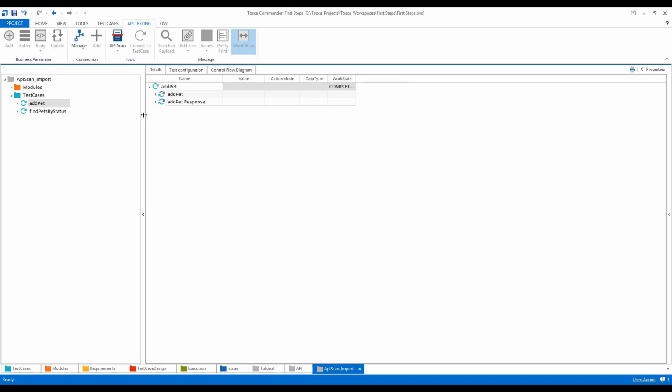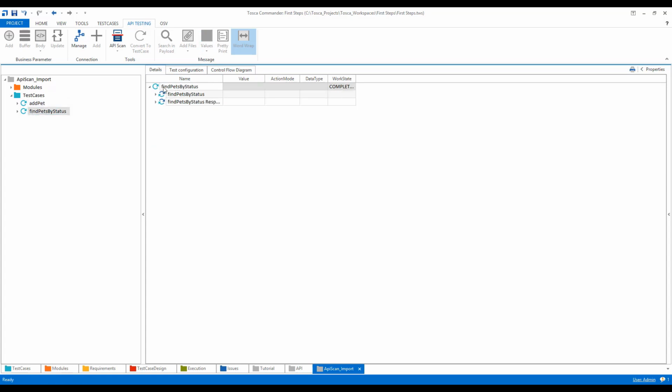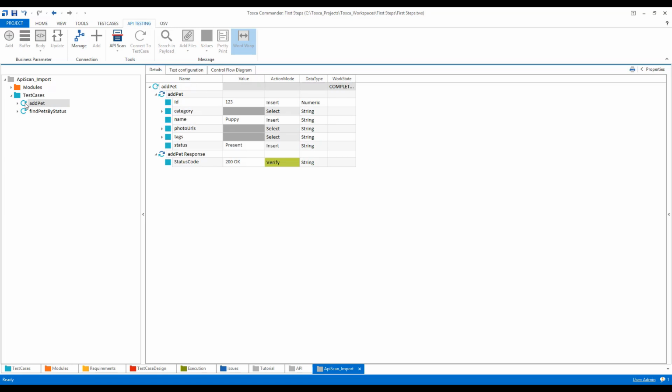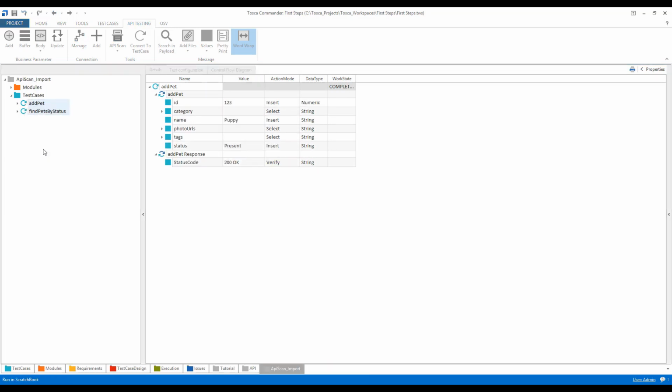Now I will go to my test case. I'll click here and add values. Tosca will automatically take the values that I have recently used. Similarly for this also. Now I'll run both these test cases, say for example for this instance, and I'll run it in